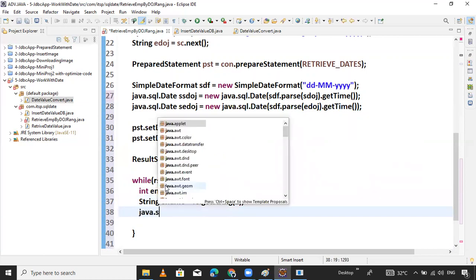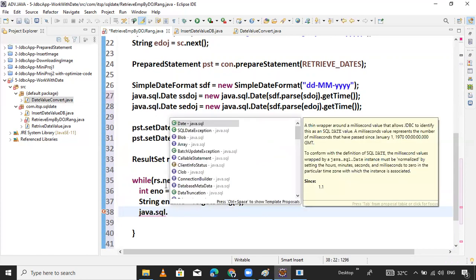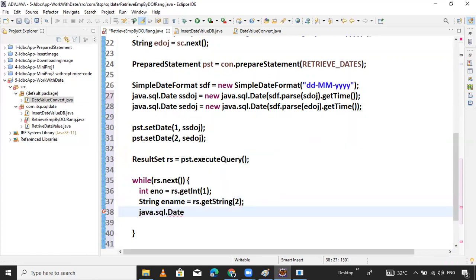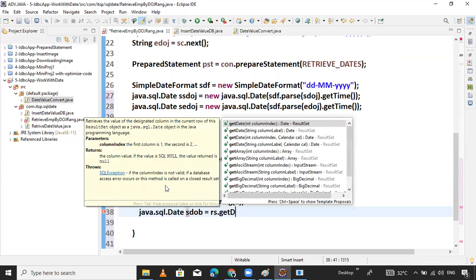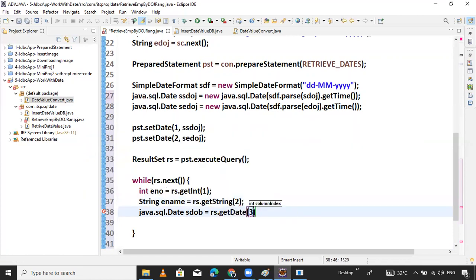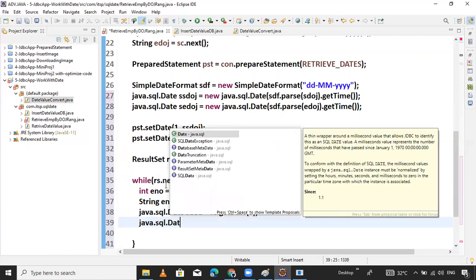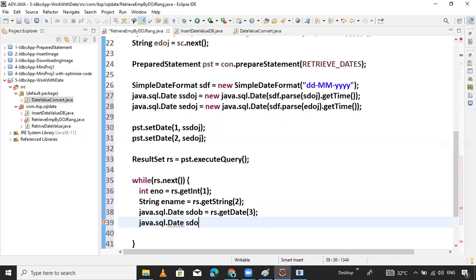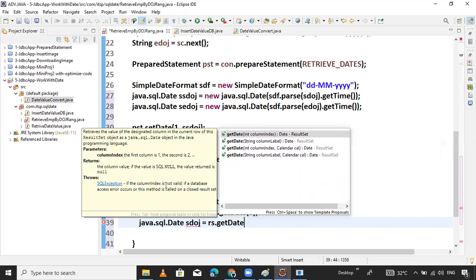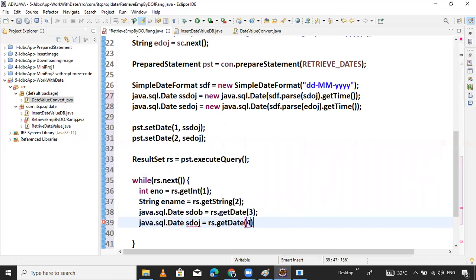Now next thing is java.sql.Date sqlDateOfBirth equals rs dot getDate method, passing index 3. Then java.sql.Date sqlDateOfJoining equals rs dot getDate method, passing index 4. Now save it.